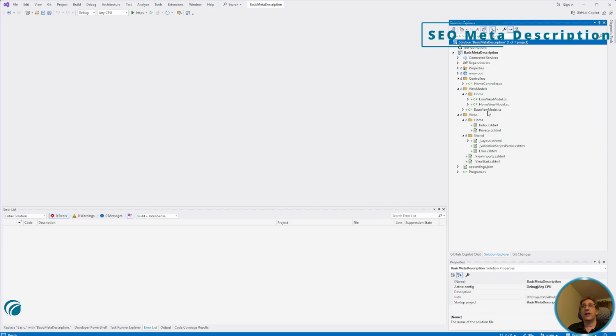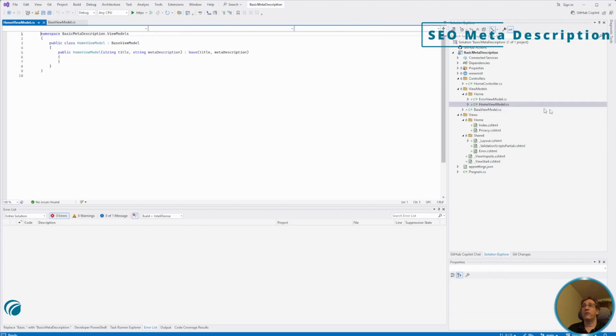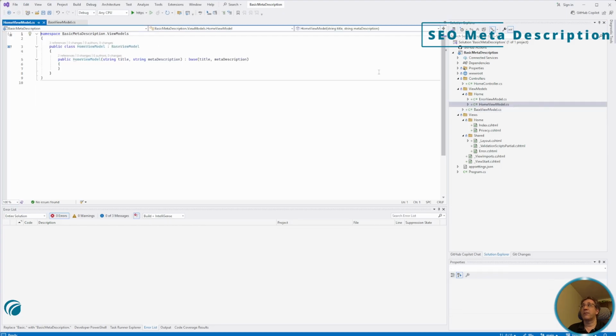And next I created a base view model. The base view model is an abstract class with a constructor which takes two parameters. It already takes title, and next to that it also takes a meta description. And then it has two properties, title and meta description, which technically can be just getters, but in this scenario I've left the setters. Next off, I have a home view model, which is an implementation of my base view model, which just